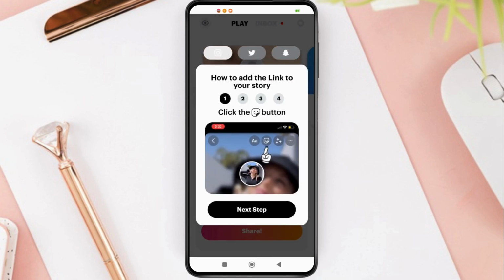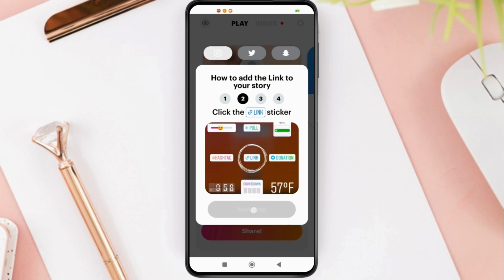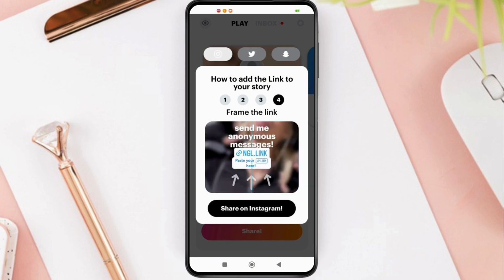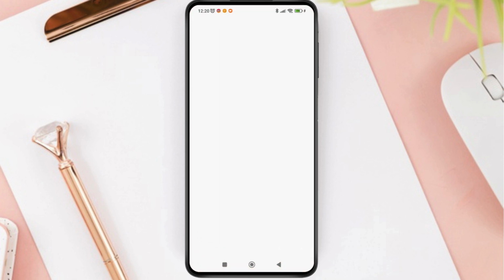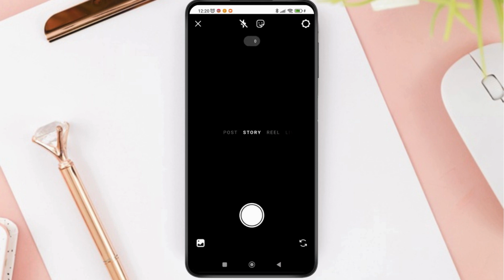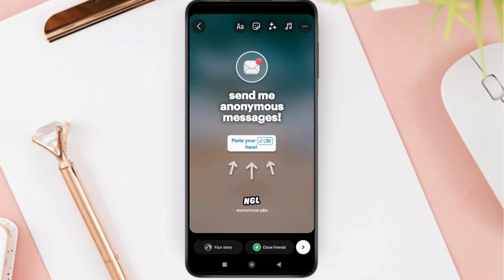So just tap on share. The link can be shared only on Insta, Twitter and Snapchat. So just select next step and share on Instagram. Now what it does is it takes you to the Instagram story of your profile, and then you can add